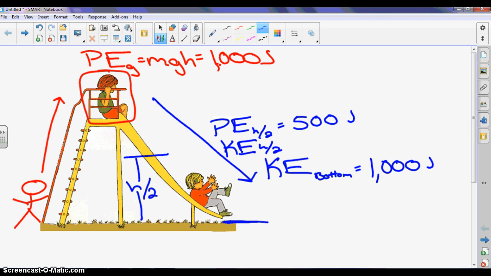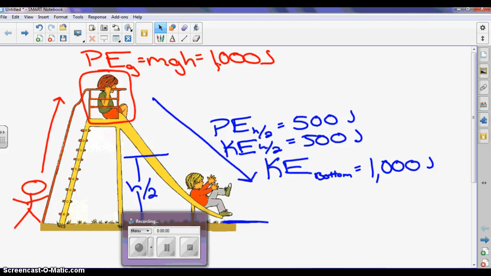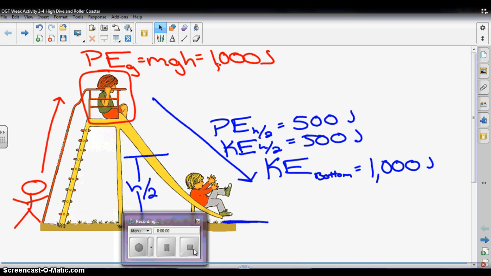So you will have to do some calculations based on making these energy transformations and using our formulas mgh and 1/2 mv squared to solve. Other than that, I think you'll find these to be pretty straightforward activities, and these energy transformations are going to be really big going forward and starting